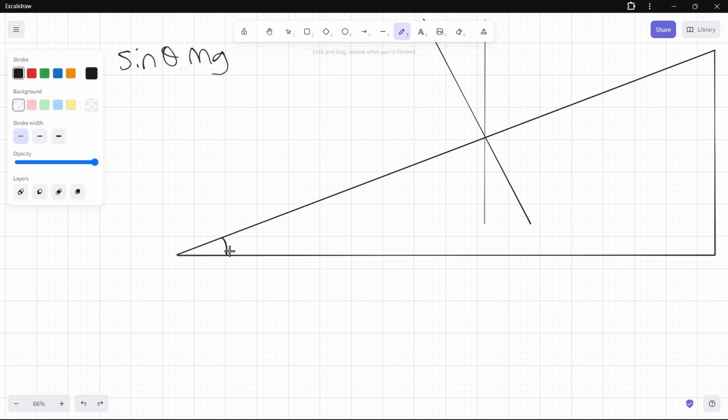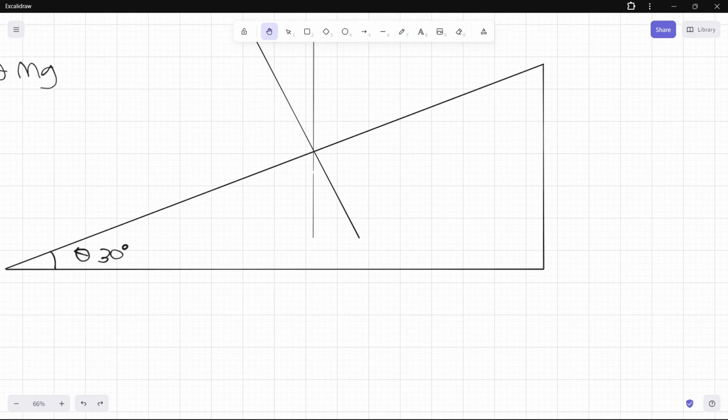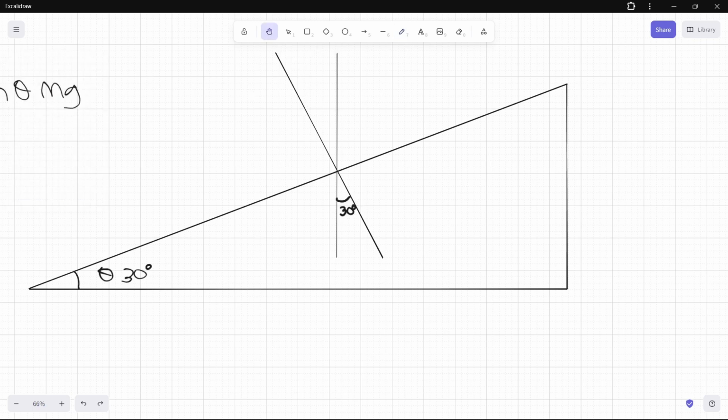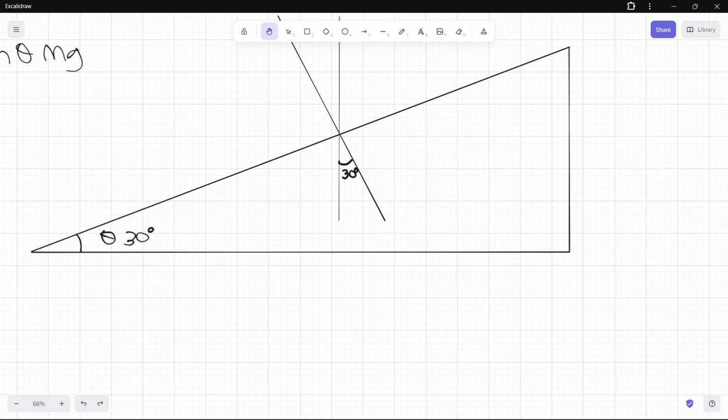Okay, so this angle is usually what we're given. So let's just say that this is 30 degrees. And usually what is shown to us is that this angle right here is also 30 degrees. And then it kind of follows, that makes sense. We want to use sine because